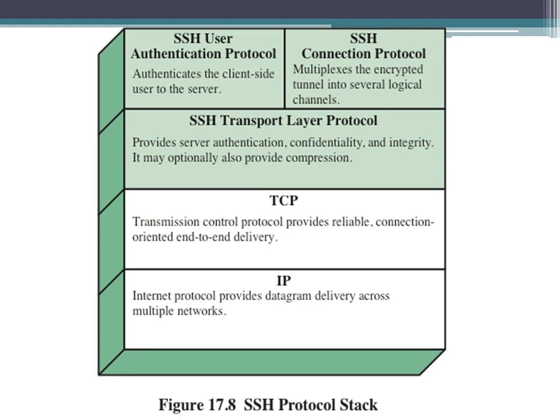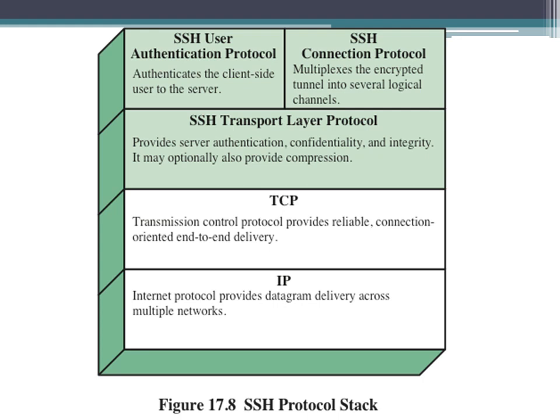The first protocol that we are going to speak about is the Transport Layer Protocol. This Transport Layer Protocol provides server authentication, data confidentiality, and data integrity with forward secrecy. That is, if a key is compromised during one session, the knowledge does not affect the security of earlier sessions. So this is what is provided by the Transport Layer Protocol. The transport layer may optionally provide even compression. So these are the 2 points that you need to remember about the transport layer protocol.